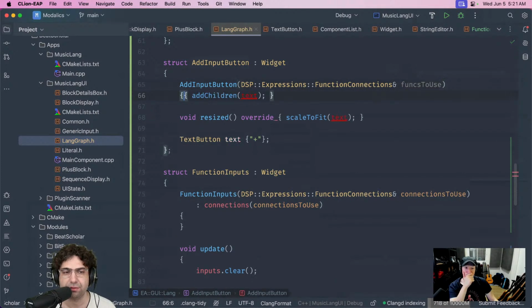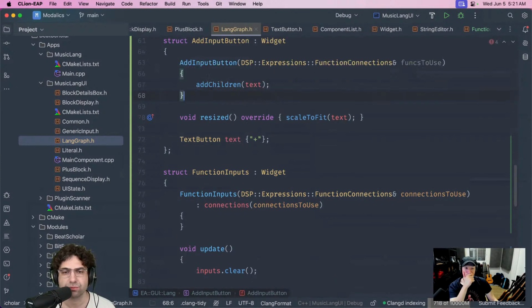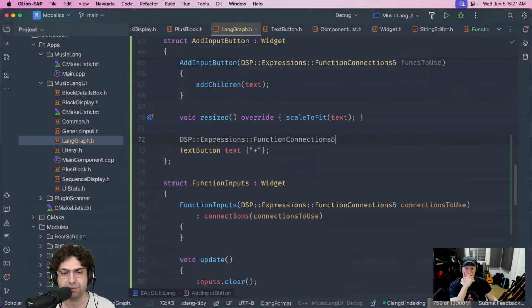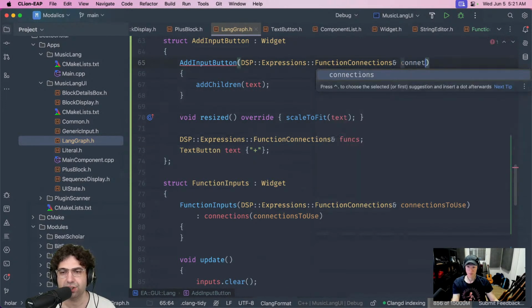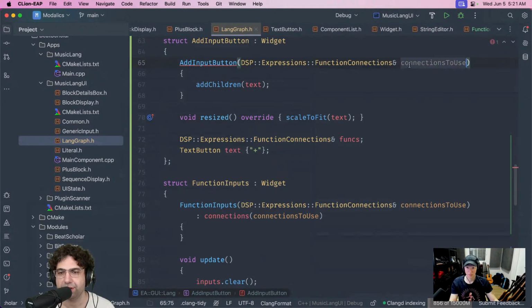And then let me just store this as a reference right here. Oh, it's not functions, it's connections. Connections to use. Connections, I think that's correct.